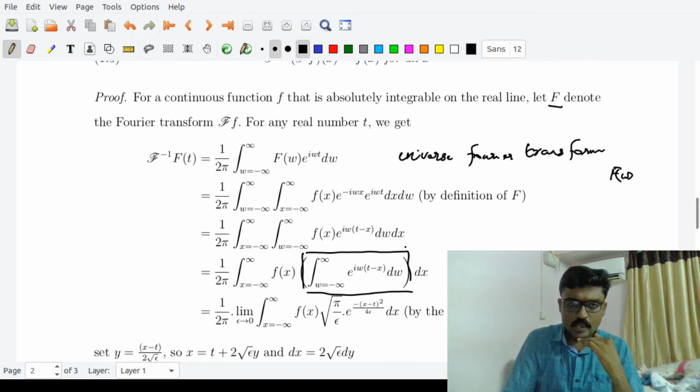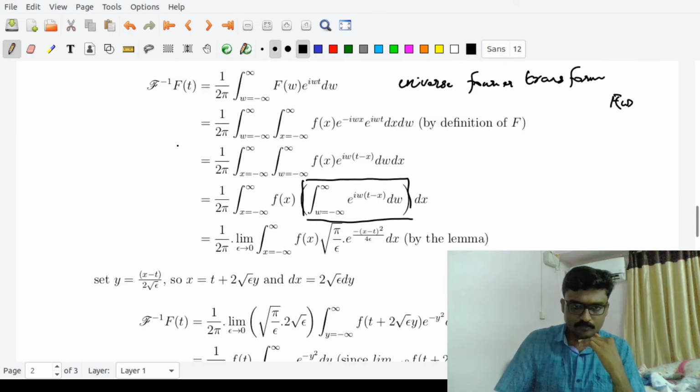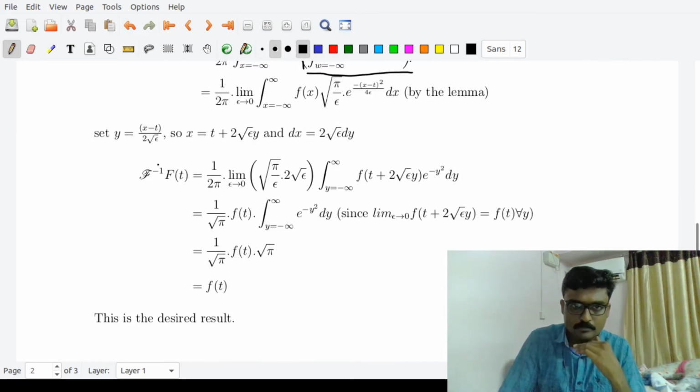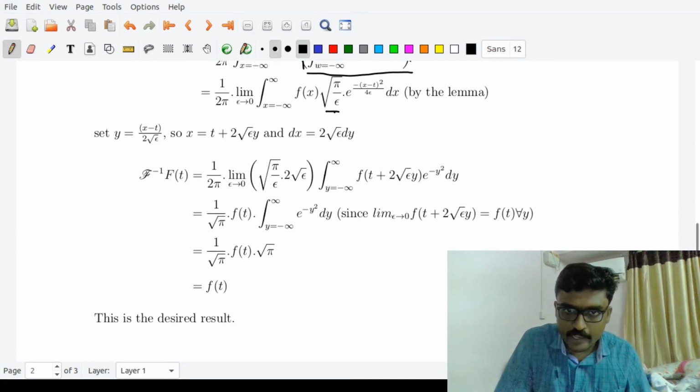Then script F inverse of F of t becomes 1 by 2 pi limit epsilon tends to 0. We take outside this term root pi by epsilon, and 2 root epsilon, which comes from the derivative dx term. The remaining term is